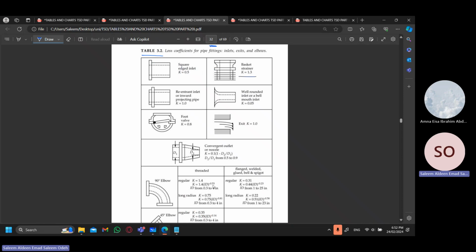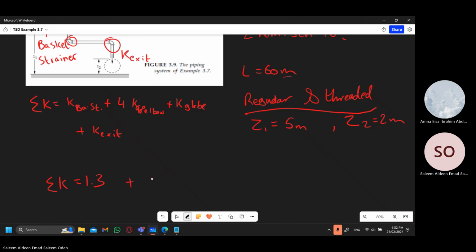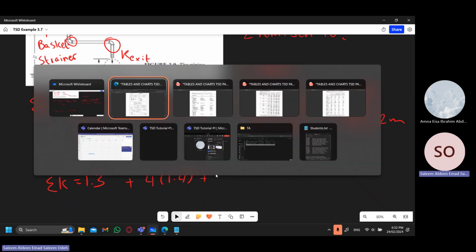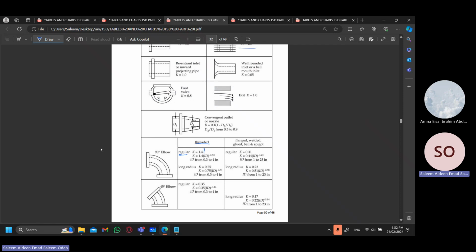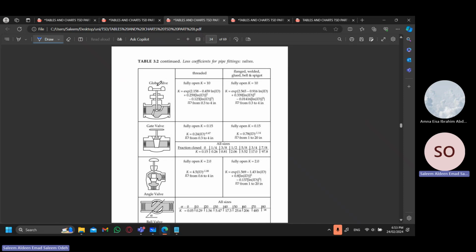And we can also see that the K value for a regular and threaded 90-degree elbow is 1.4. So we will multiply 4 by 1.4 since we have four 90-degree elbows, plus the K value for a globe valve, which is regular and threaded, which equals 10,